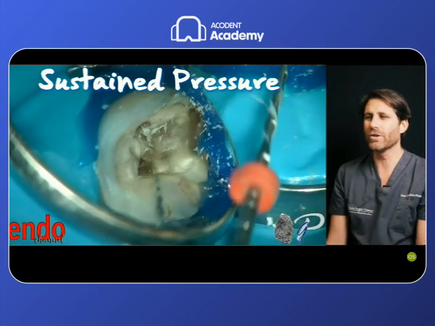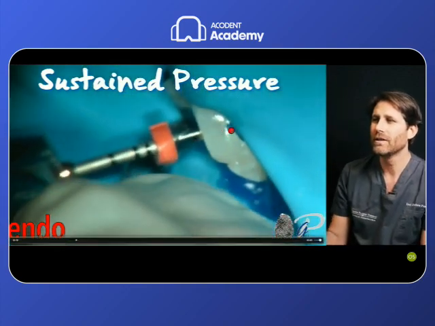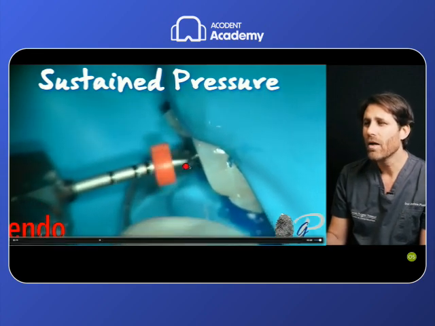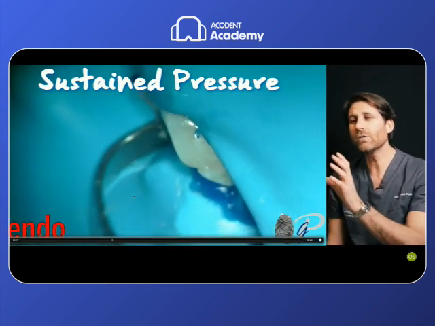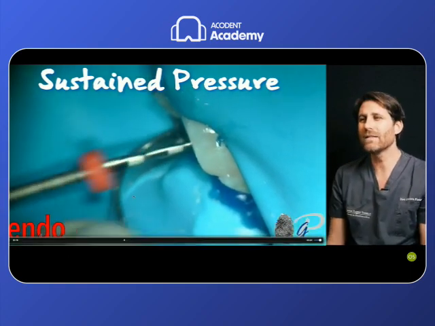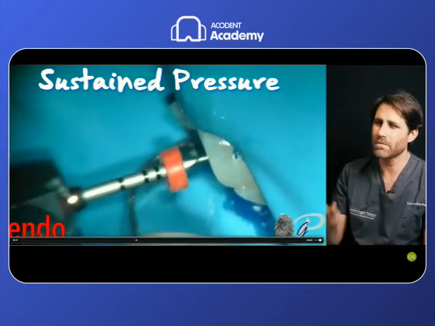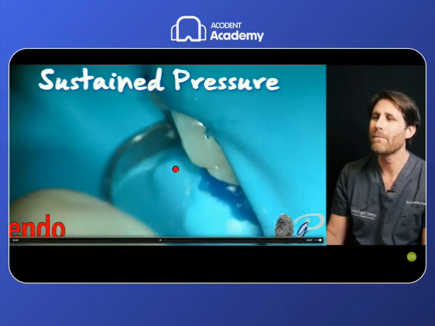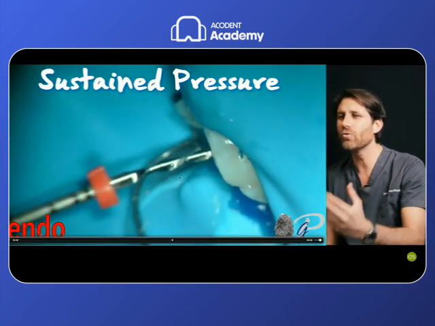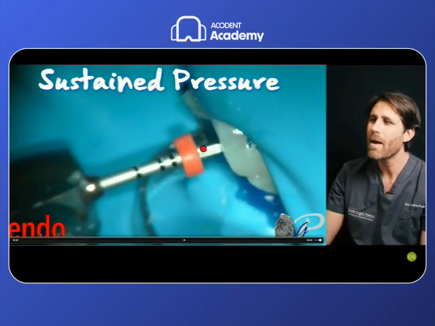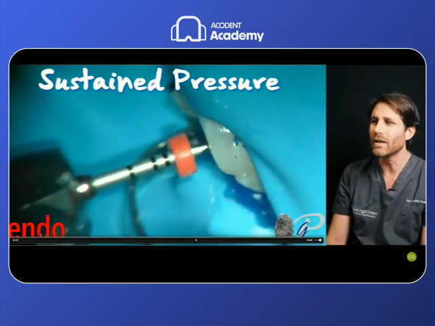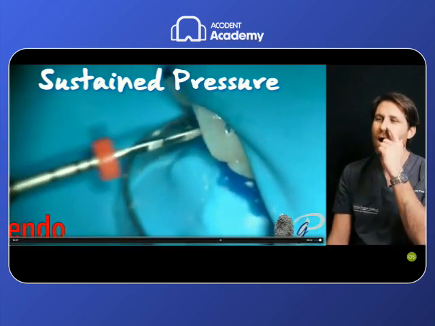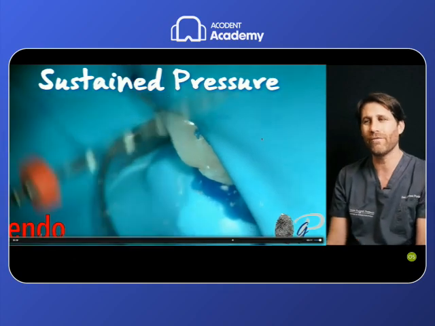This pushing action is just to try to put the file deeper in the canal. So push and go away. This is already too much time. Now we have established 1, maximum 2 seconds. Push and go away. No need to stay so long. But you can see we are penetrating 0.1, 0.2, 0.5 millimeter. Look at the rubber stop, pushing and penetrating a bit. Look inside the root canal, penetrating a bit inside the root canal. We are creating our glide path in the path of least resistance.